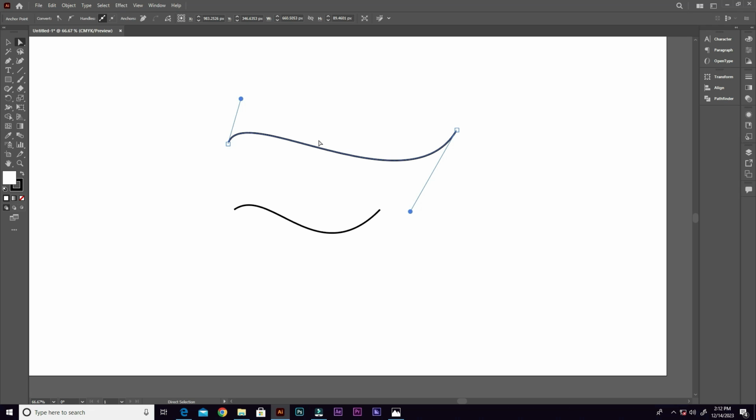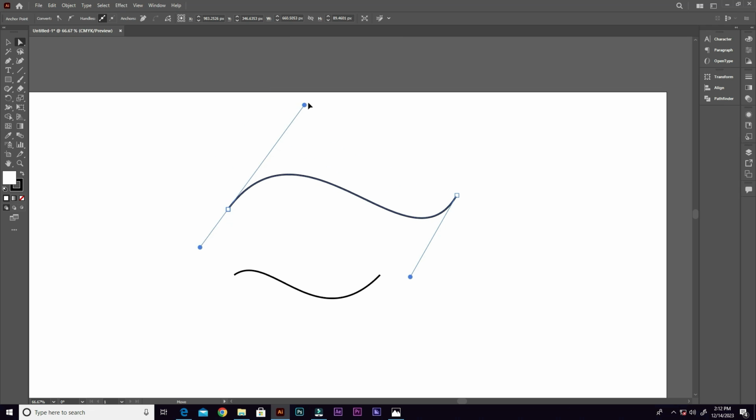Now the directional point is this blue ellipse over here. So you click, hold, and then you can drag anywhere to make changes to the path, as I'm doing right now. I'm still holding on to the left click and moving it around. At the point where you think, okay, this will be okay for this side or to make it look wavy, then you leave it, then you select this one to hold, and then you drag,